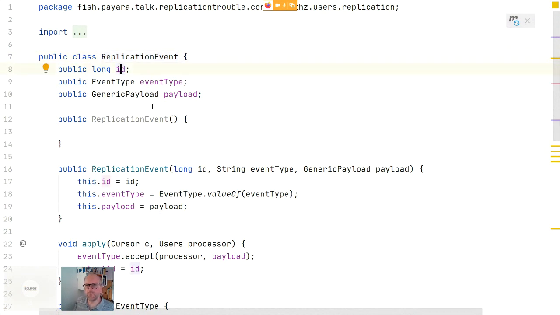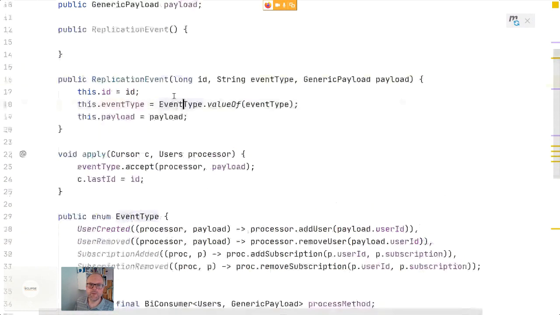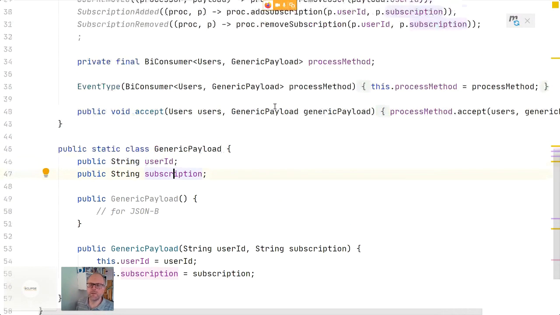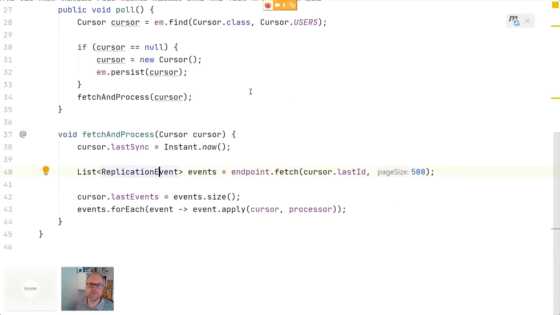So on the account side, we had an actual hierarchy of objects. On the receiving side, we've got an enum that basically corresponds to those various types that exist there. And we've got a generic payload because we happen to know that we only care about user IDs and subscription, and we don't need to build any complicated object hierarchy for that. But that can be different in every use case. So once we fetch the data, we just note how many events we saw last time,